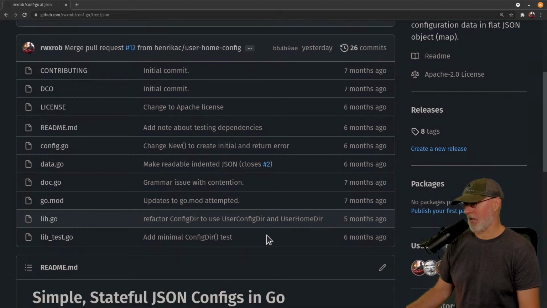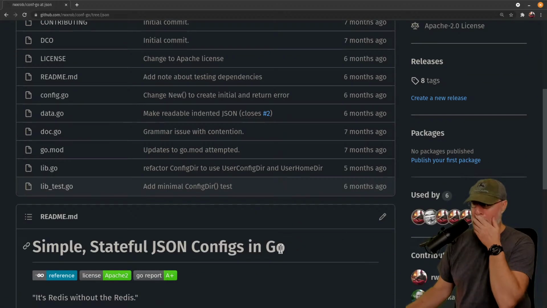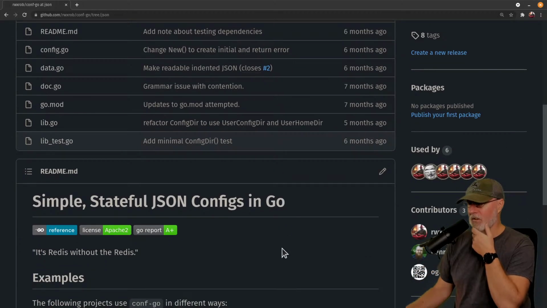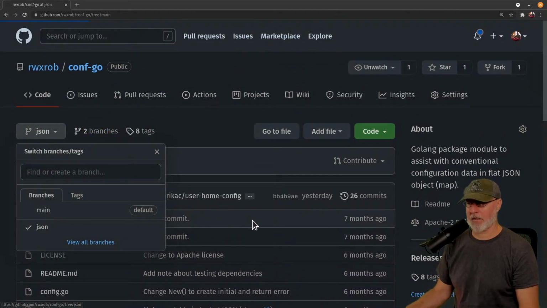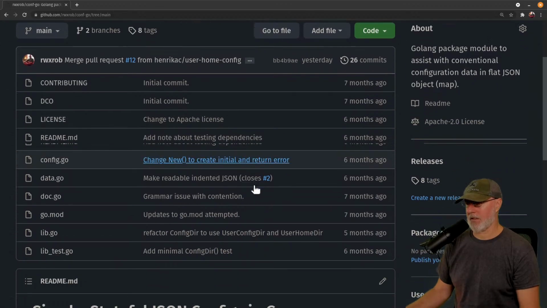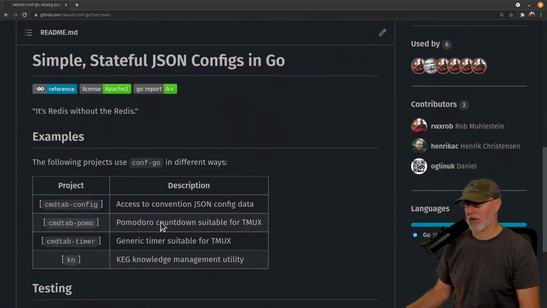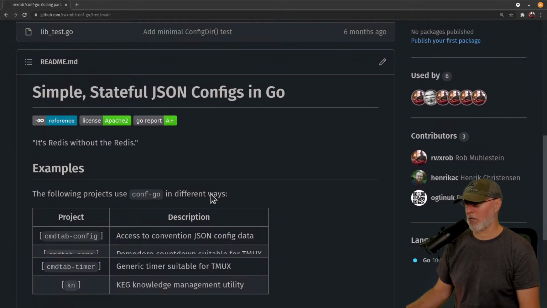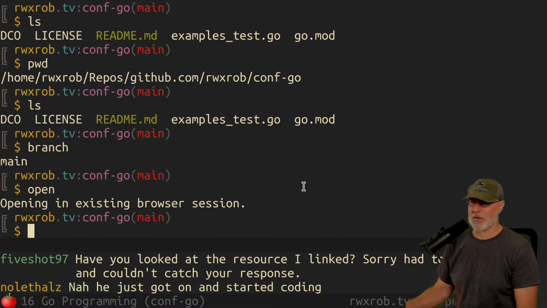And oh god, here's other people that use it. A few people, mostly me. So we're going to go back to main here, and I'll talk about why I'm making the changes and everything as we go. There are some other projects that use it, and we'll talk about that. This has all been ripped out. I've already ripped all of this stuff out. So assume we're starting with a fresh thing here.